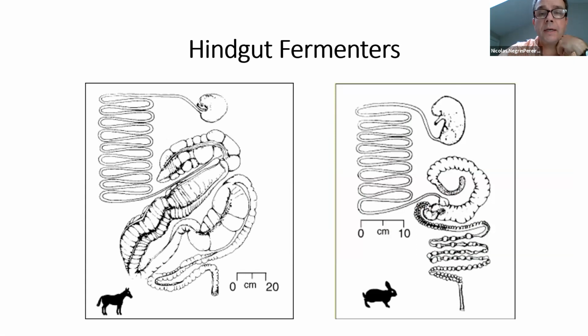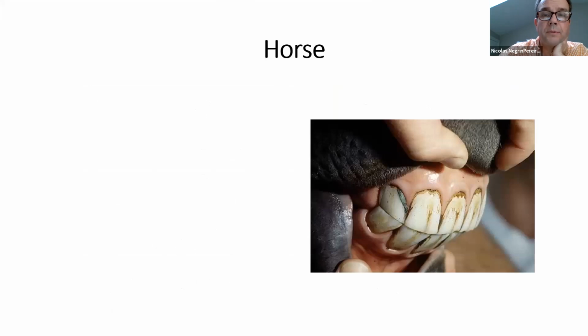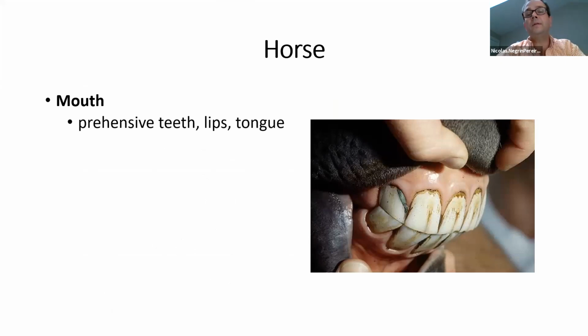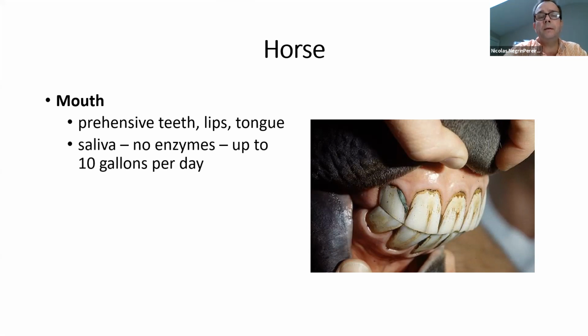We have here diagrams of different hindgut fermenters. We have, for example, the horse, which has a mouth with completely different teeth if you compare it with the cattle, and you have the prehensile teeth, lips, and tongue. As I mentioned before, the lips are important for the selection of the different grasses the animal will be feeding. They produce saliva almost devoid of enzymes, no enzymes, up to 10 gallons per day, followed by a